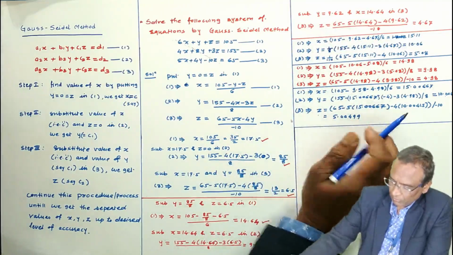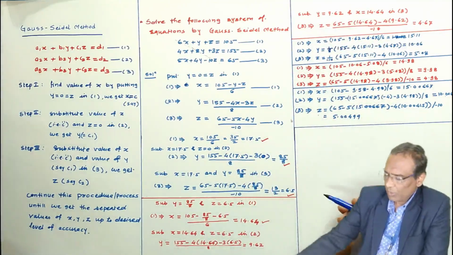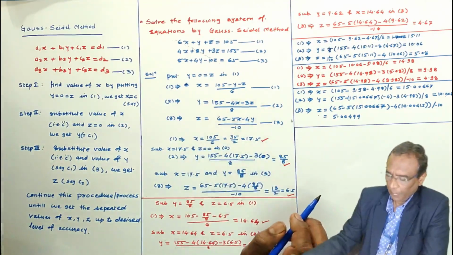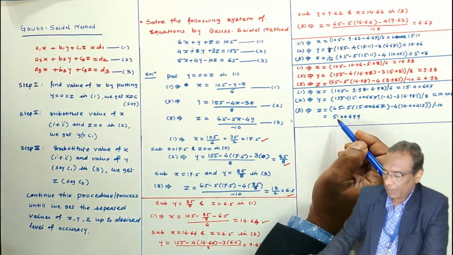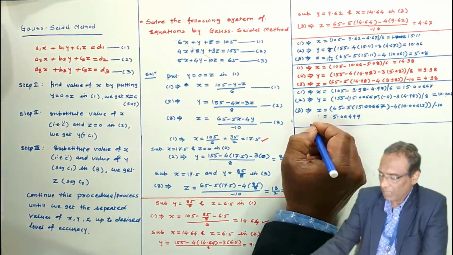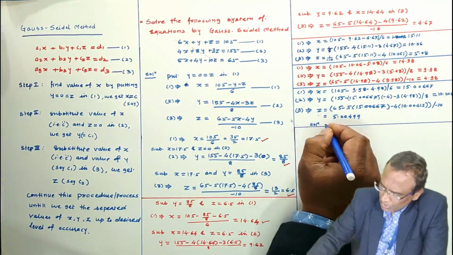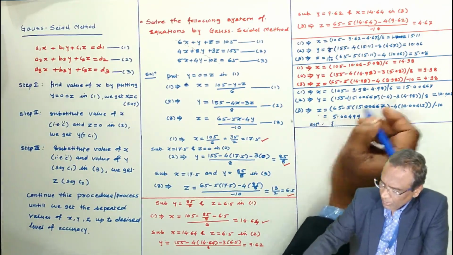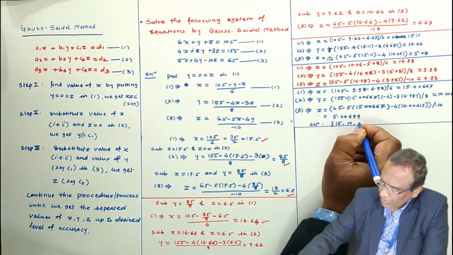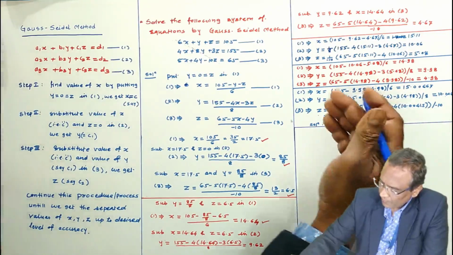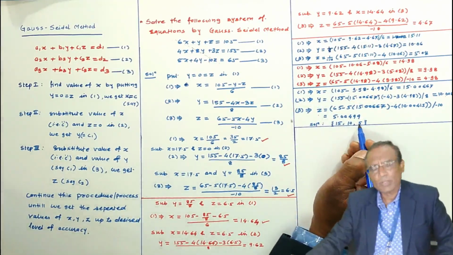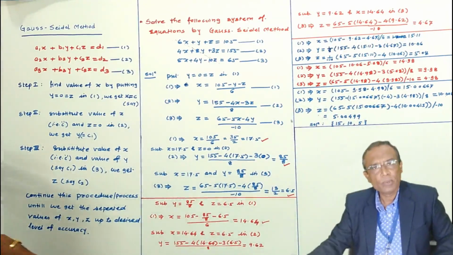5 iterations we have done. You can go for 6th iteration, 7th iteration, 8th iteration in this way. Okay, this is the iterative method. These are the values of x, y, z, correct up to 2 decimal places. The solution you can write, because I am going to wind up here: the value of x is 15, value of y is 10, and value of z is 5. If you go on solving, you will get values very close to 15, very close to 10, and very close to 5.